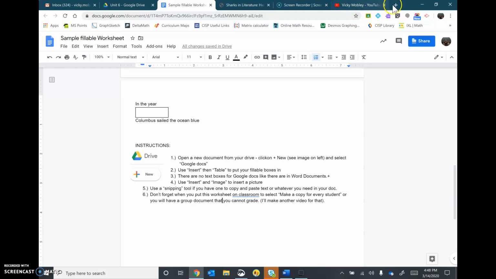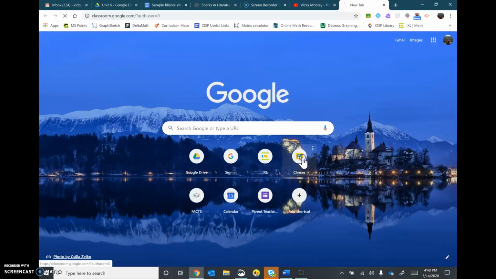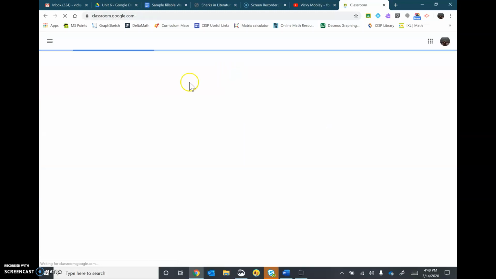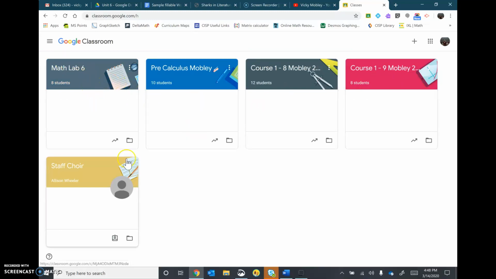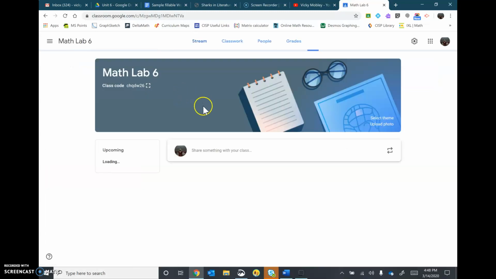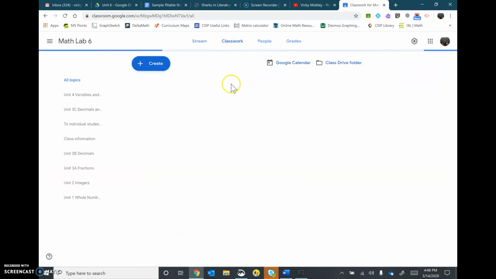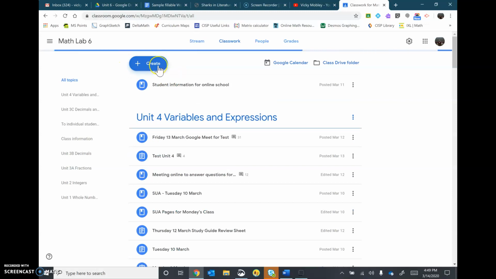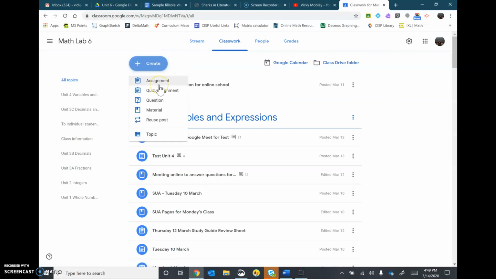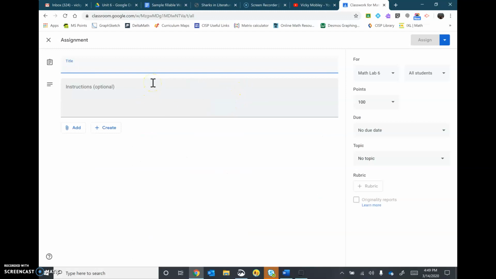So open a window and pull up your Google Classroom. And let's put it in here. I'll just do a for fun one here. So you're going to click on Create. You're going to click on Assignment, or whatever it is, but assignment is usually the best thing because then it'll go on the class Google Calendar and then they'll know that they have to get it done by such and such a time. So click on Assignment, Title, Practice Worksheet,